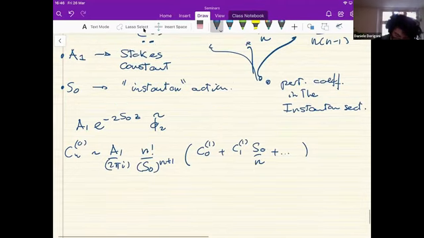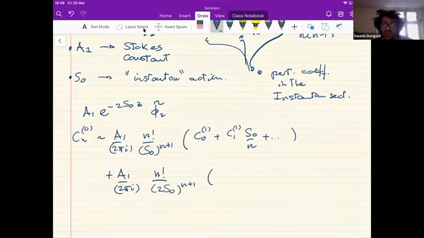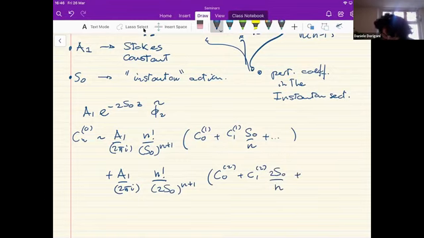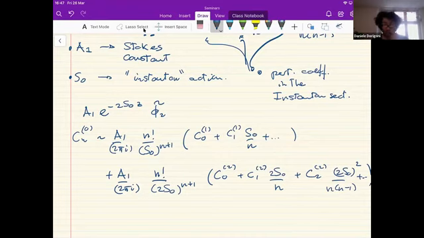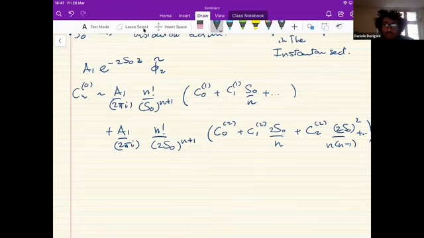But also, it's going to have the 2 instanton part, which is exponentially suppressed compared to the 1 instanton. You see that there is a 2 S naught at the numerator. And this is multiplying the perturbative coefficients in the 2 instanton sector. And so on. So Gerald already mentioned various numerical ways of actually reading all of these coefficients.